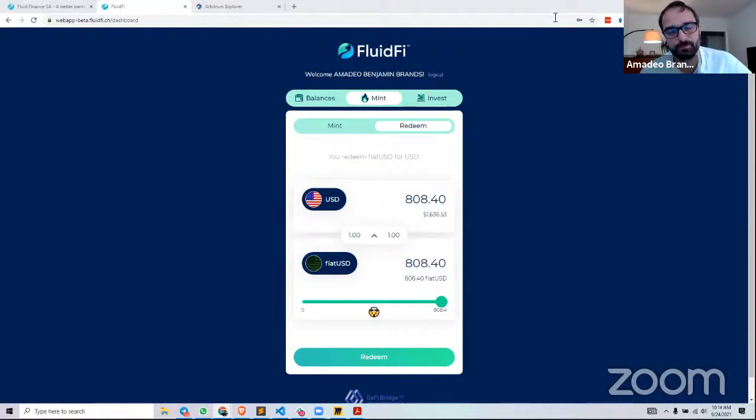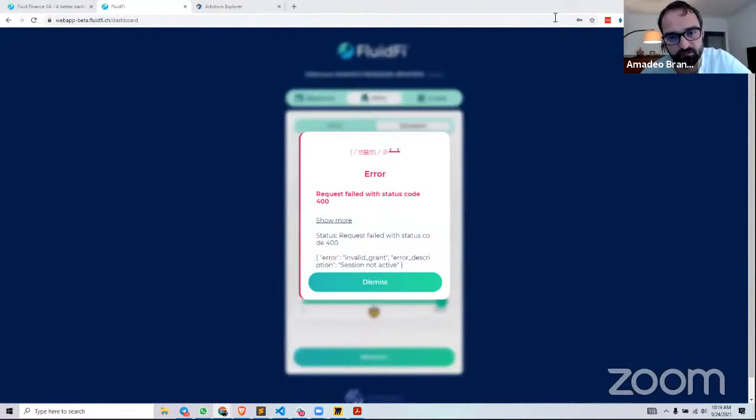So all the beta testers will get some real fiat from us, and then they can send that back to their own personal bank account and send it back in, or send it to somebody else. That is the next step, and that's a pretty big one. And then also, of course, the fiat USD contracts that you can mint and redeem to actual mainnet. We also still have some issues to solve there, but they're not major things, more like, okay, we just need to put our heads down and start working.